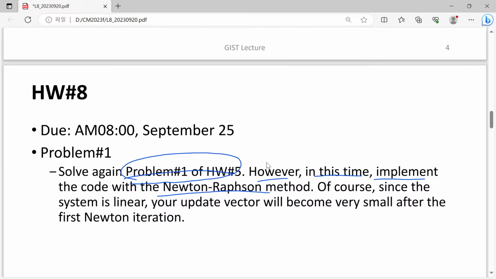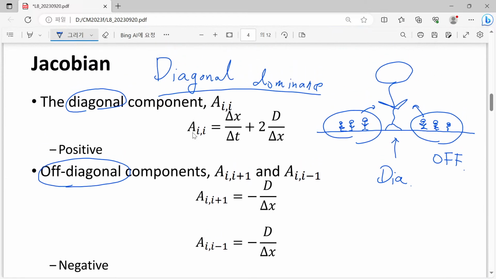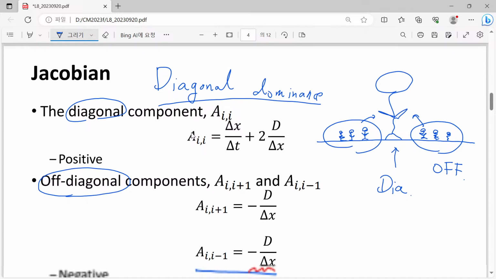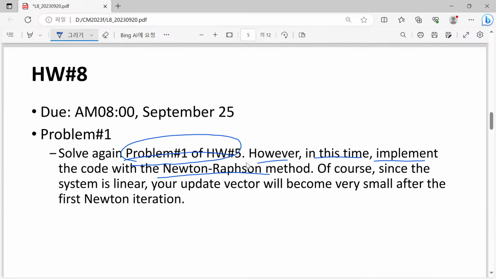So in the implementation of the Newton-Raphson method, you must evaluate the Jacobian matrix. But I already gave you this Jacobian matrix. So how about your residue? It is quite easy because you have already calculated the residue function, so you can calculate it. So